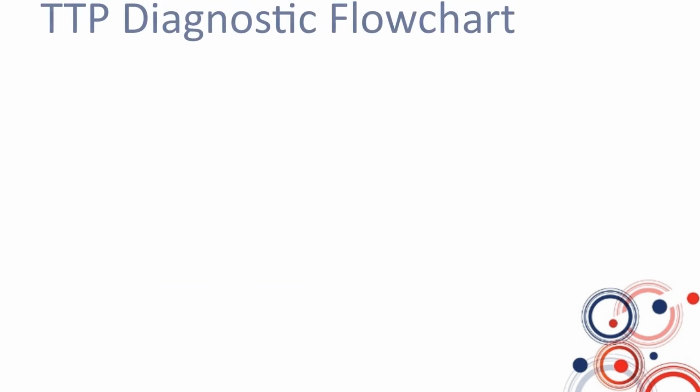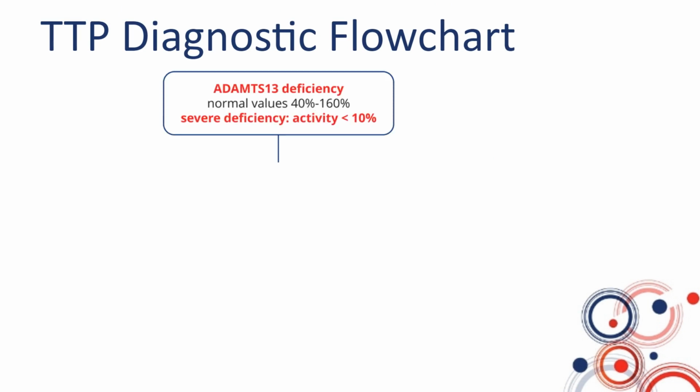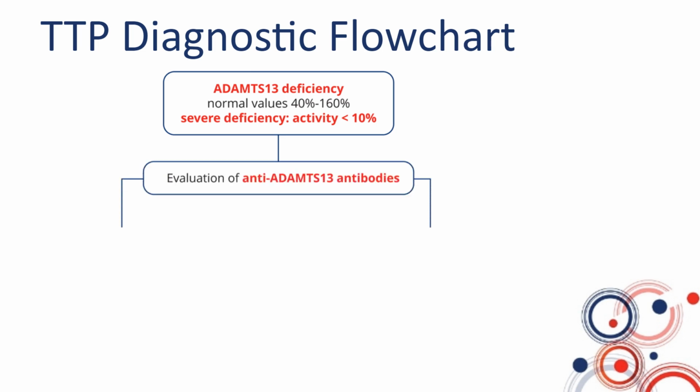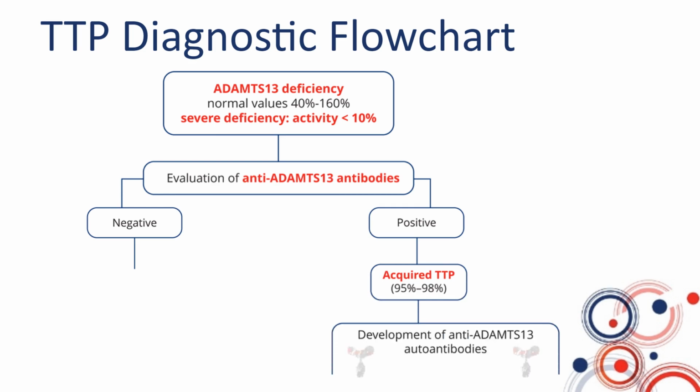And that's a diagnostic flow chart that we are proposing, which is simple. The patient got to the emergency, you visited, and you made the lab exams that as we showed, and clinical evaluation of the patient. Then the diagnosis is hypothesized by you, and then you make the evaluation of ADAMTS13. And if the level of ADAMTS13 is low, you have to evaluate ADAMTS13 antibodies. And if the level of antibodies is measurable, you can define and is positive acquired TTP, and if is negative,